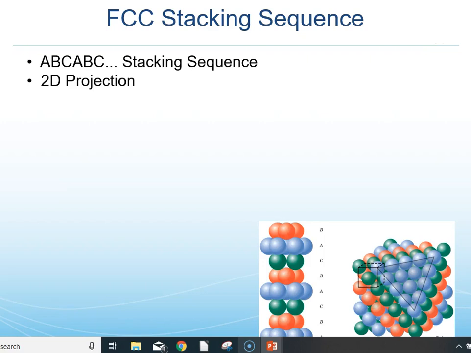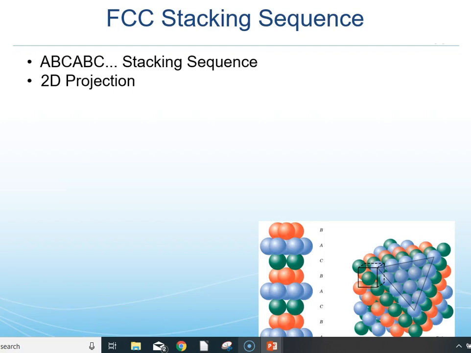If you started with the blue layer and you set the red layer on top of it, with each atom being supported below by 3, and you went to put your third layer down, you'd have a choice of either putting that third layer down in the same position that you had initially or in a slightly different position. So you would have a choice of 2, and it would still be close packed,